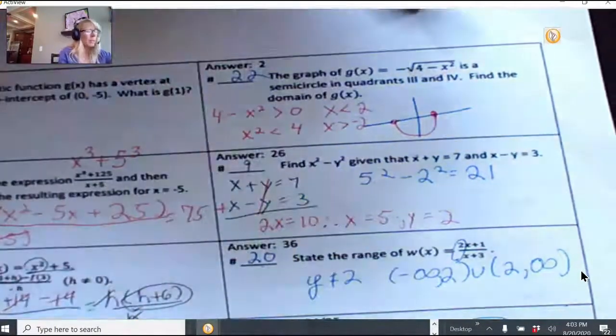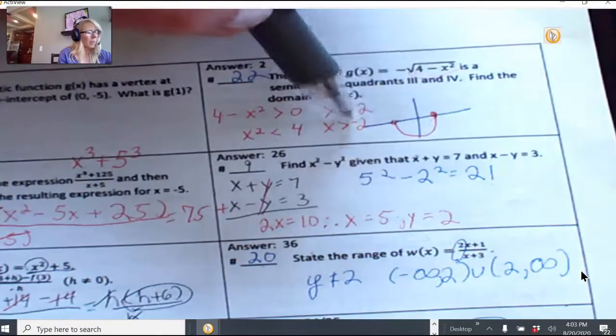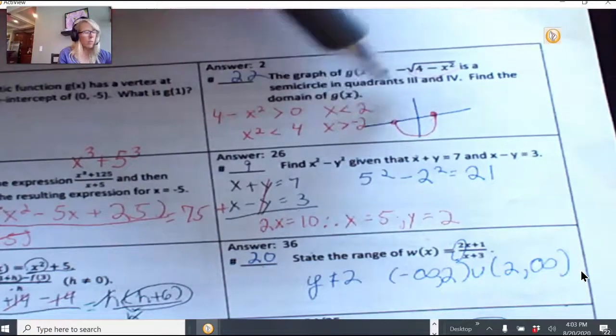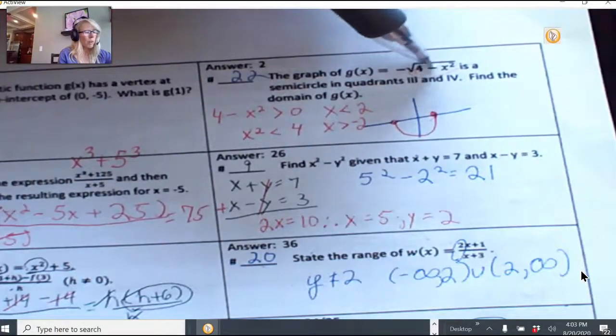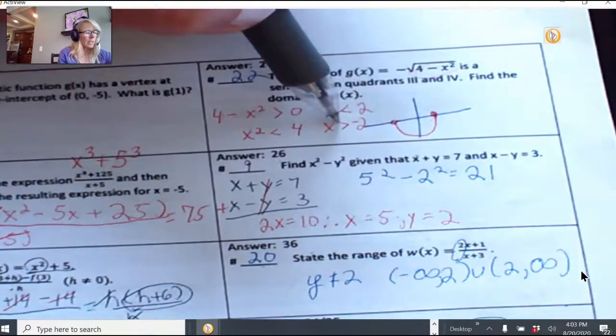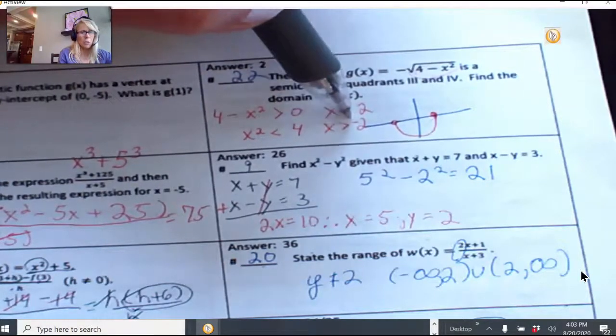And think about it. Put in an x value that's greater than this +2. If I put a 3 in, I'd get 4 minus 9, and that'd give me a negative. That's not good. So this makes sense. And then if I had a number that was less than -2, something over here,